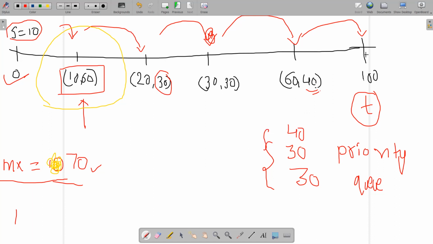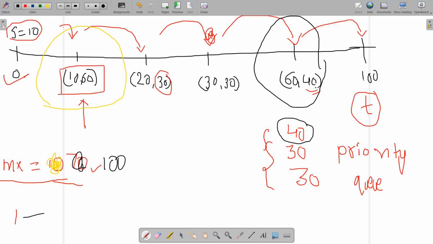So when I come over the target, my maximum reachable is 70, and my target demands to be 100. So I will pop out one element from this priority queue, that is 40, which is the maximum element from the priority queue. It means that I must refuel my vehicle at this station. So my maximum reachable becomes 100, and 1 becomes 2 because I have to refuel one more time, and I can reach the target. And you can see this is achievable, and my answer becomes 2. That is the least amount of refueling that I have to do, at a particular station 2 times. Okay, so this is what we want from this problem.